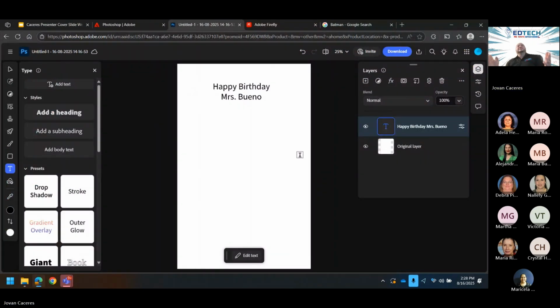All right. So let's start talking about images. We have to add an image to this card. I'm just going to say Bluey, because my kids were watching Bluey this morning. So we're going to add Bluey to the card, right? But